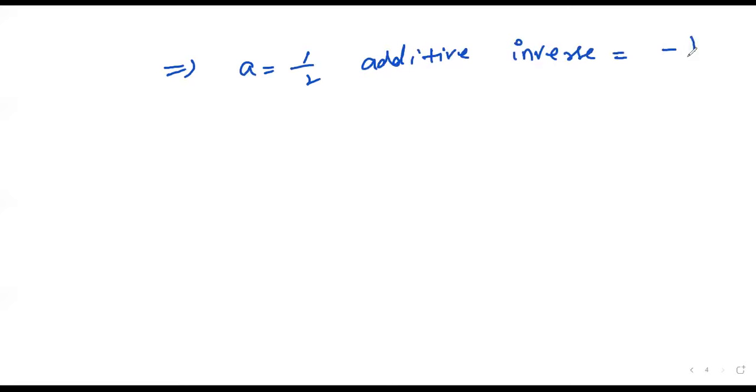Sir, can we take only 6, 5, 6 or 5, 6, 7 and 8 and so on? No, we can take them in PYQ form also, no problem. Suppose you take A is equal to 1 by 2, then what is the additive inverse? Nothing but minus 1 by 2. Suppose you take minus 9 by 5, then what is the additive inverse? 9 by 5. Okay, this is about the additive inverse property. In addition we discussed till now. Okay, then coming to multiplication.